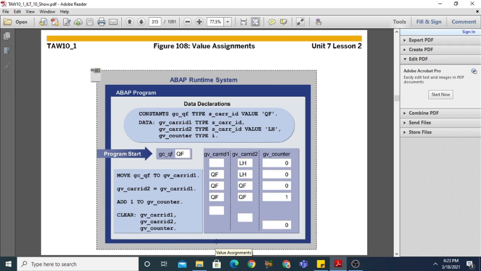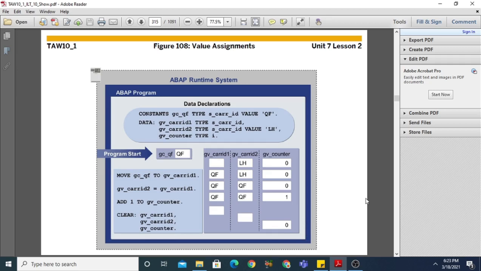So it will set the default values of these variables or data objects. It will automatically initialize them to the data type initial values. In this case char_id1 becomes null, char_id2 becomes null because it is of character type, and the gv_counter value becomes 0.